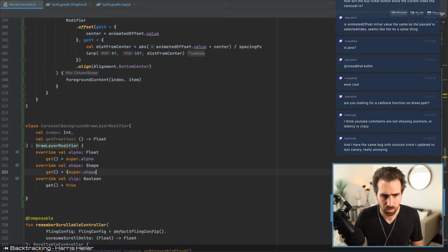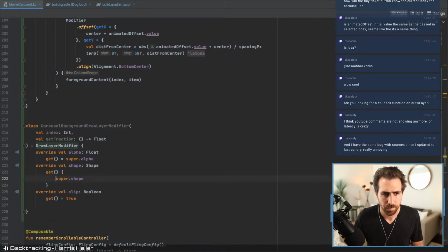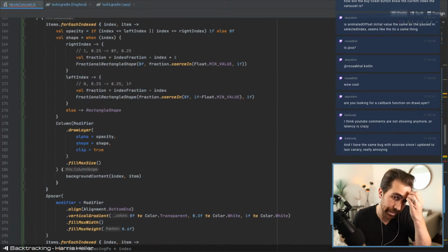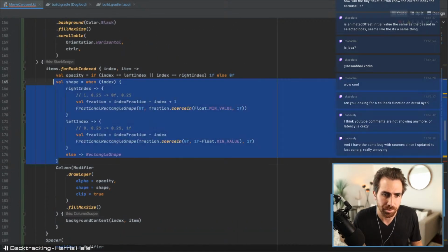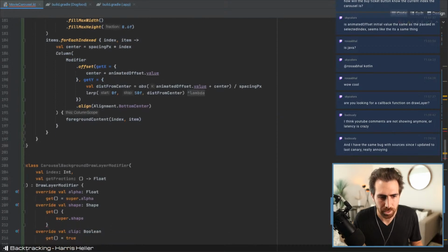Oops. Get fill turn. I kind of want to... I guess essentially I'm moving this logic into the modifier. Kind of interesting. But okay, so